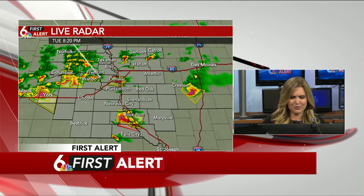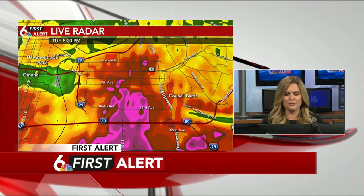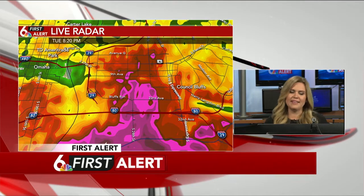All right, my radar quit on me. Let's zoom back in. Again, this is going to be between about 35th Street and 16th. So this is where we have the highest hail threat here. It's really going to run all the way up to the expressway, that large hail threat. And then as we move down to the south, that's where we're going to have more of that concern. So as we move closer to 275, this is where we have a threat for some of that 2-inch hail